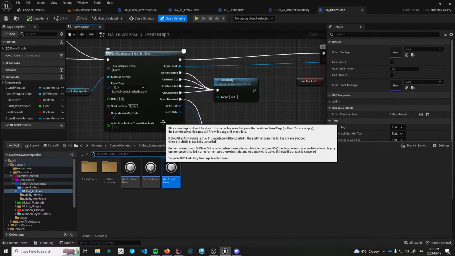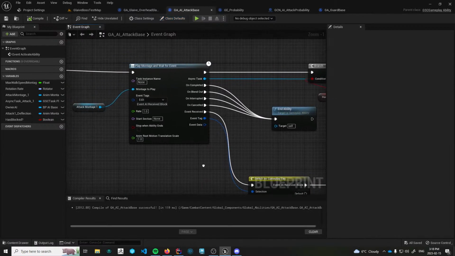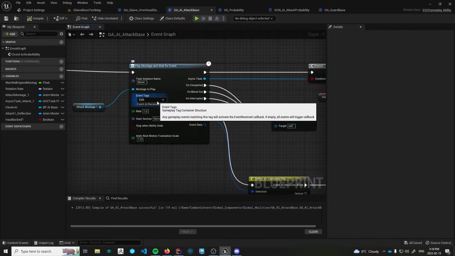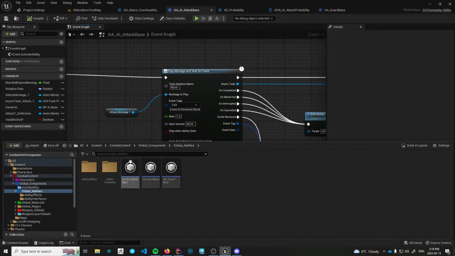There's also when the AI does the strike and then gets its attack blocked. And when it does get its attack blocked, it gets an event tag which basically has it playing the deflect animation. So I'm gonna look at that one first. So AI received block, and I'm doing this AI received block in my